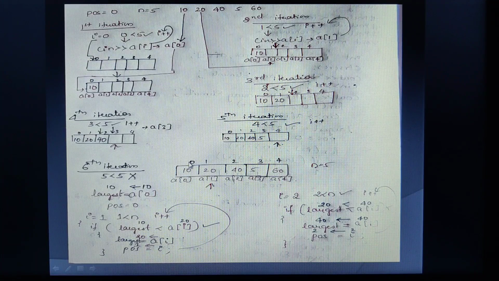Then what I am doing? I am moving the value 0 to the position variable. Therefore POS, the position, is holding the location 0. Why is it holding 0 only? Because I am assuming the first element to be the largest, and what is the position of this first element? That is 0. Therefore POS will hold 0.